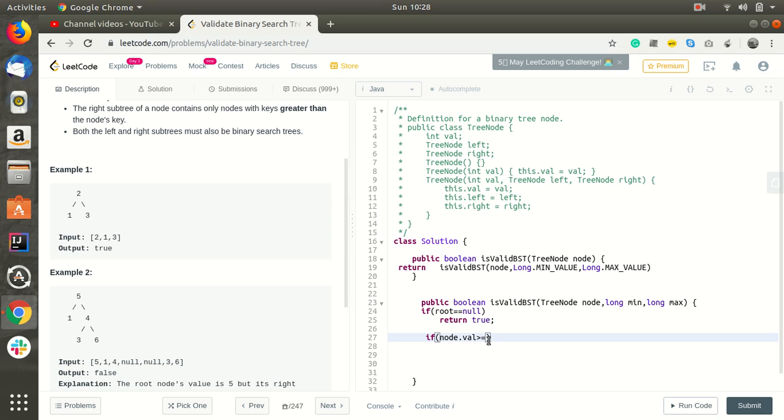So if something like that happens, then we'll return false. Or if node dot val is less than or equal to min, then we'll return false.